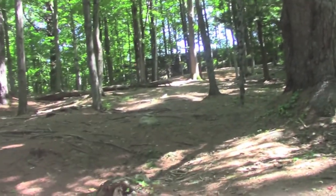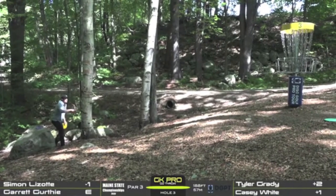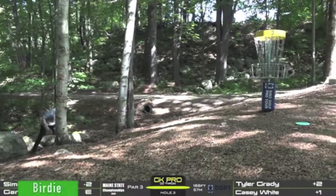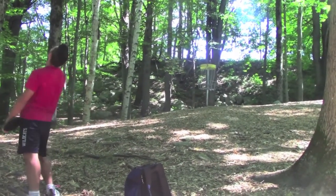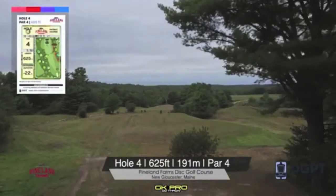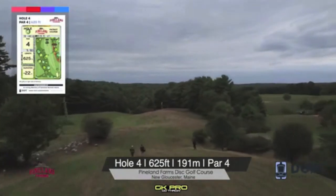So yeah, definitely not the shot I was going for, but here we have Simon knocking down his second birdie. A great putt. Leave it a little low, but no worries. Hole 4, 625 feet, par 4, and this is a beautiful hole